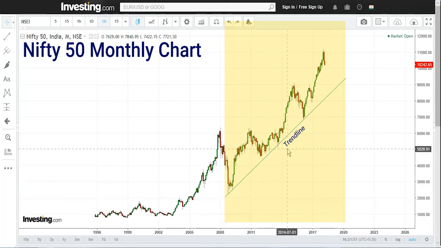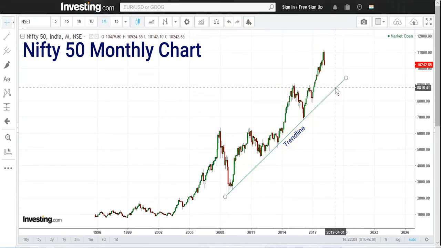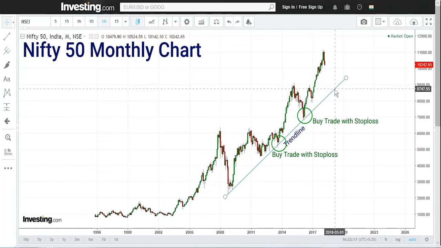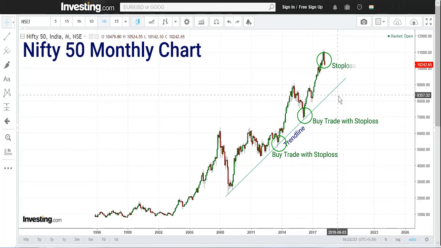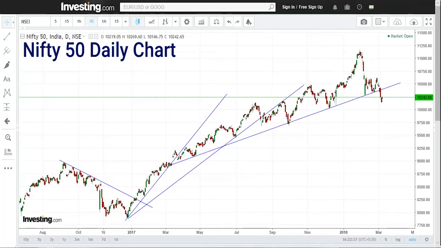Now you can look at this trend line and you can understand that this trend line is almost 10 years long. So as long as this trend line is there, whenever the price comes close to the trend line, there is always a buying opportunity with a stop loss. But if the trend line is substantially broken, then there would be an opportunity to go short below this supported trend line, with a stop around this trend line. Now this is a very long term trend line. Let us look at some of the shorter term trend lines.